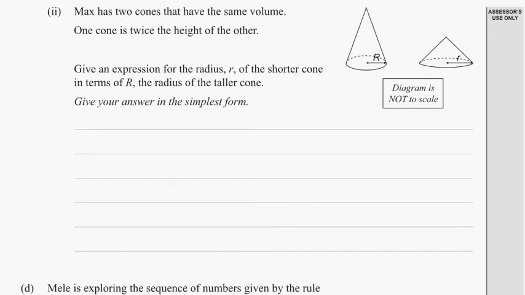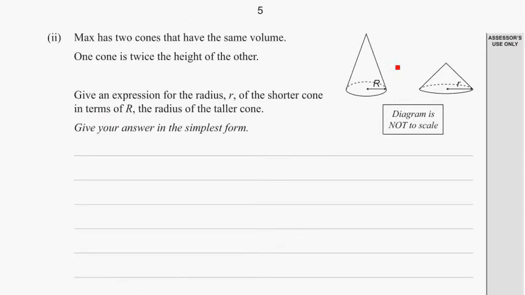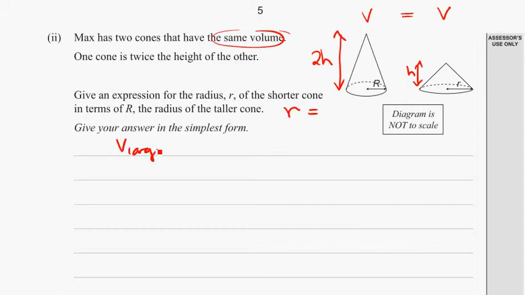Part 2, same volume. One cone is twice the height of the other. So if we make this one h, this one is twice the height, would be 2h. Expression for the radius r of the shorter cone in terms of big R, so we want to end up with little r equals. We know they have the same volume, so the volume of the large must equal the